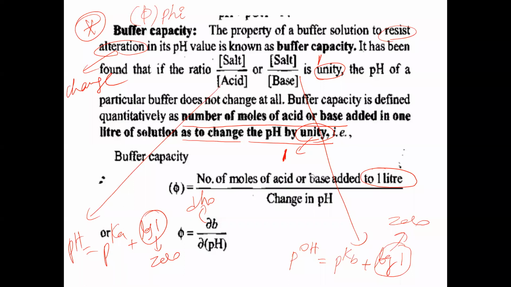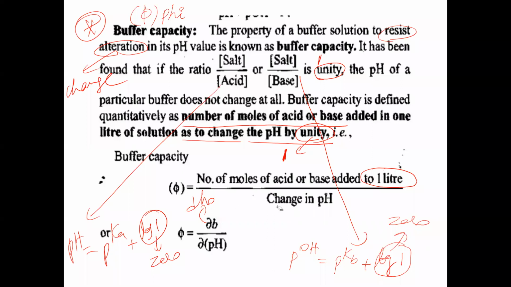Similarly, if more moles of base are required, the buffer capacity is greater. If fewer moles of base are required, the buffer capacity is less. And if the change in pH value is very small, the buffer capacity will be greater. How are buffer capacity and change in pH related? Inversely. So if the change in pH of the buffer solution is very small, the buffer capacity will be greater.